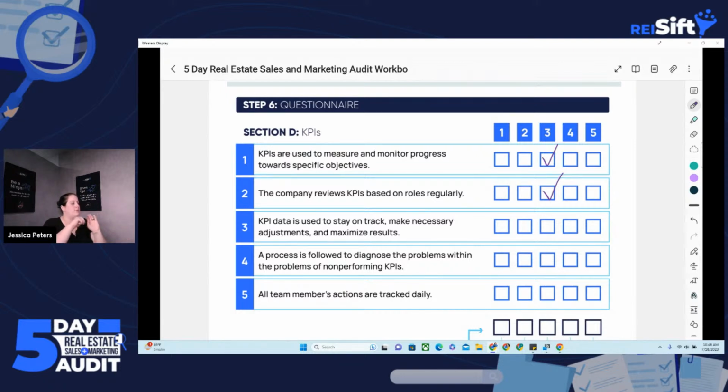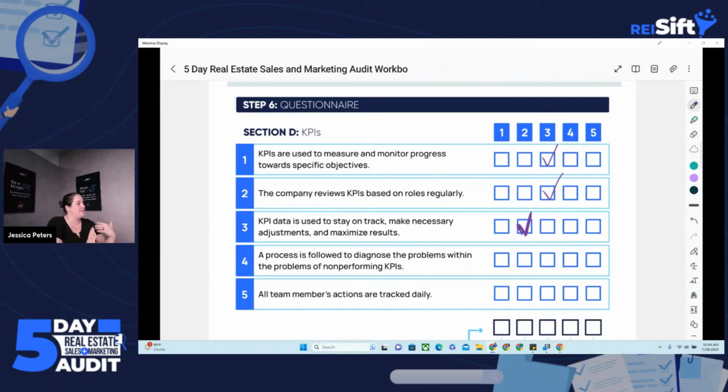So it's really important. I'm going to give us a 2 just because of that, like, if I call 1 million people, somebody's going to want to sell their house. Well, yeah, but is that the most effective way to do it? And are you maximizing your data? Are you wasting money doing that? There's a lot of things that go into that. So I'm going to give us a 2 on that.